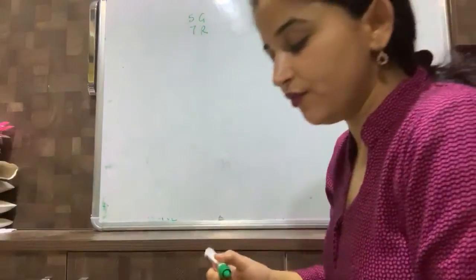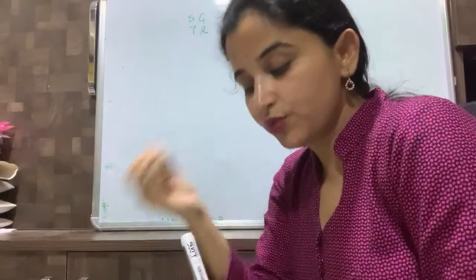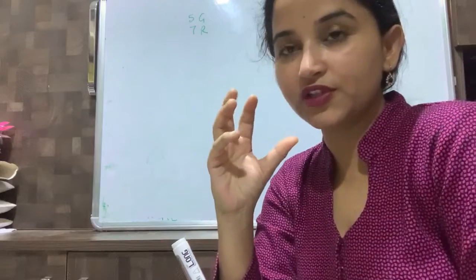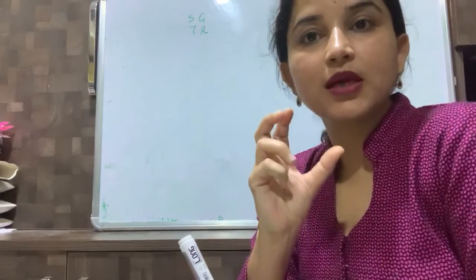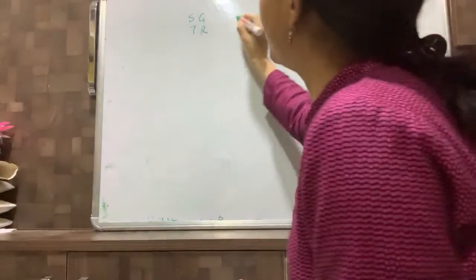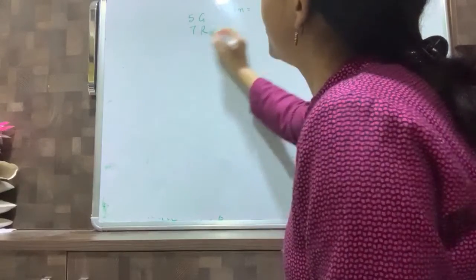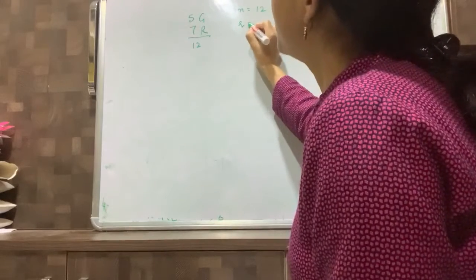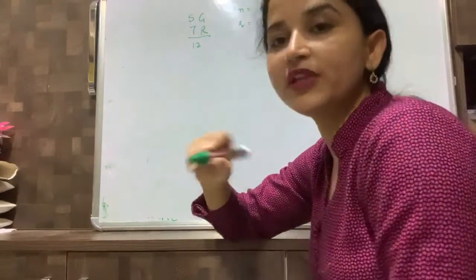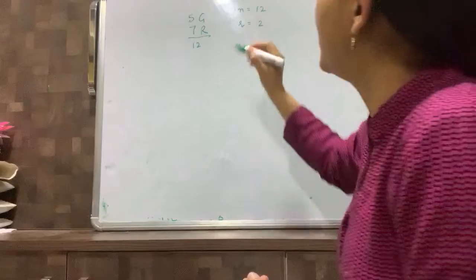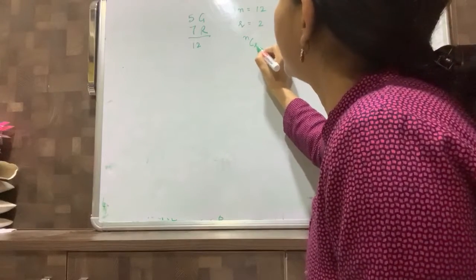So now we want to know that if we draw 2 balls, then what is the probability that one is green and other is red? So first, if we have to draw 2 balls, we first want to know what is the total number of ways in which we can draw 2 balls out of this bag, right? So for that we need to have the total. N is equal to 12 and R we want 2. We want to know in how many ways we can draw 2 balls out of a bag which contains 12 balls. So NCR is equal to